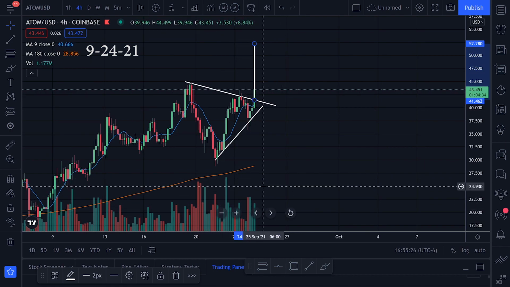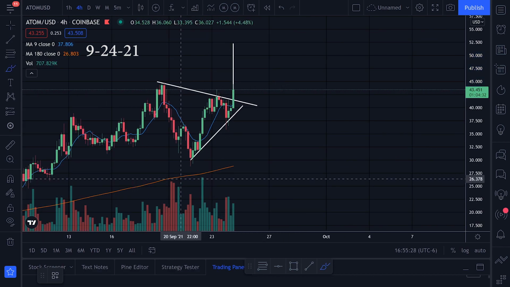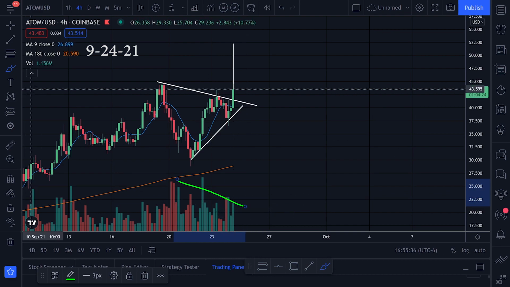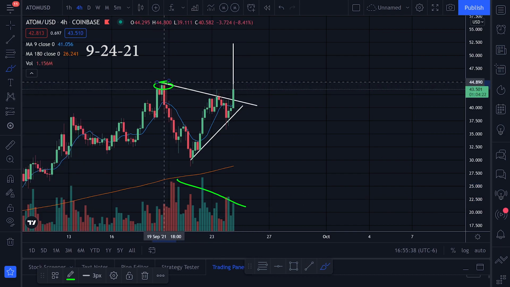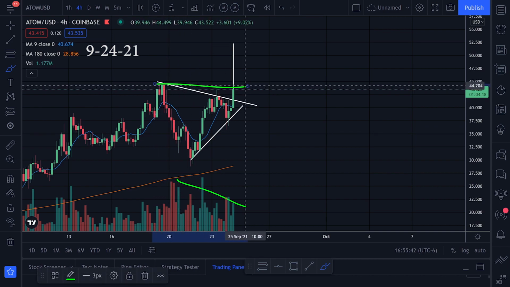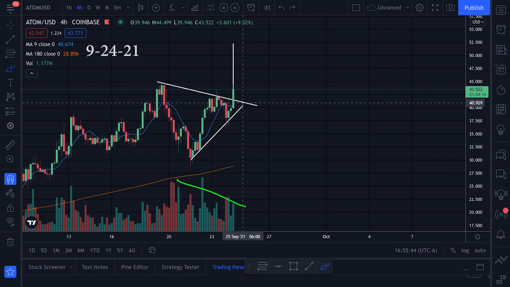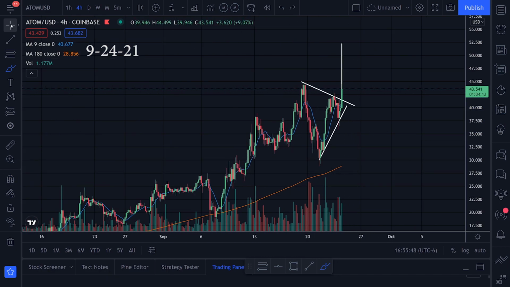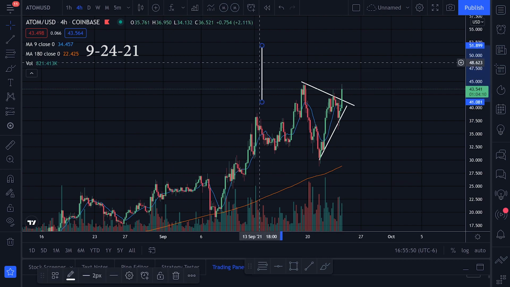We are getting a little bit of green candles, but it also looks like the volume's declining a little bit. So what I would do with this, instead of targeting that triangle target right there, I would just be targeting this previous resistance, this previous top. If we top out right here, that's going to be a double top, and that's going to be a signal that we're going to be rolling over and maybe wanting to look for more of those